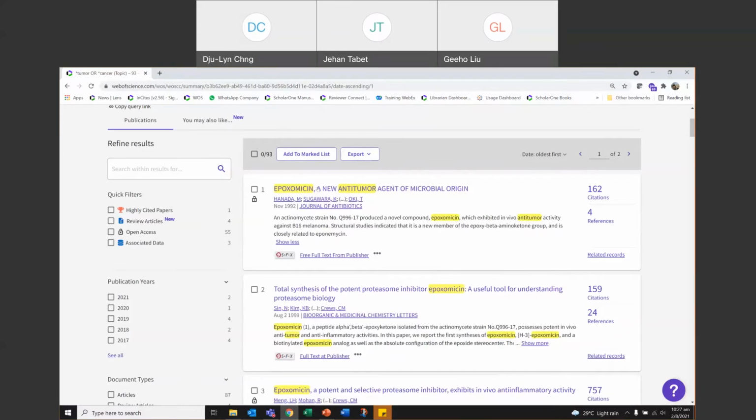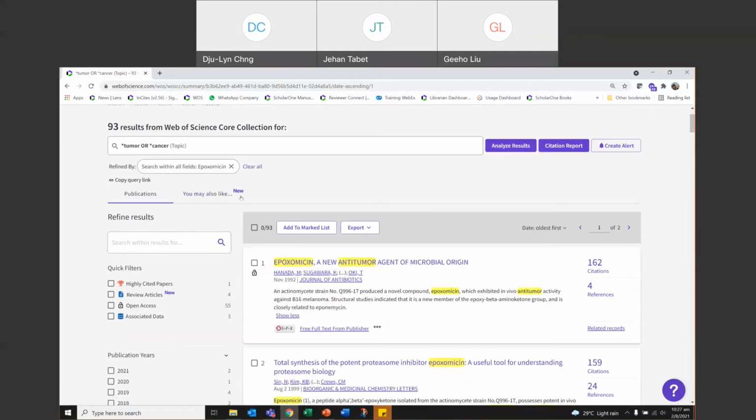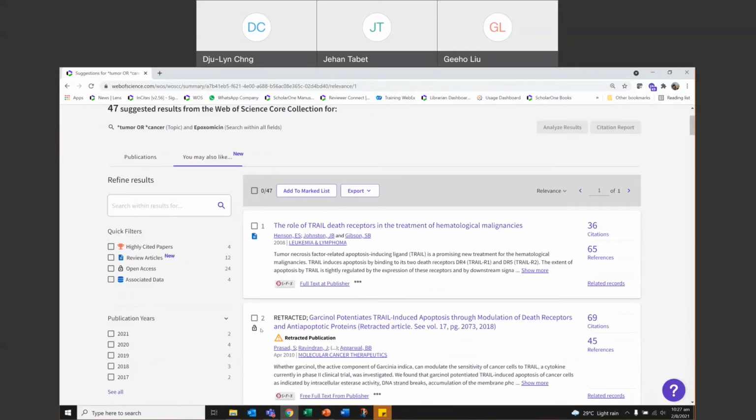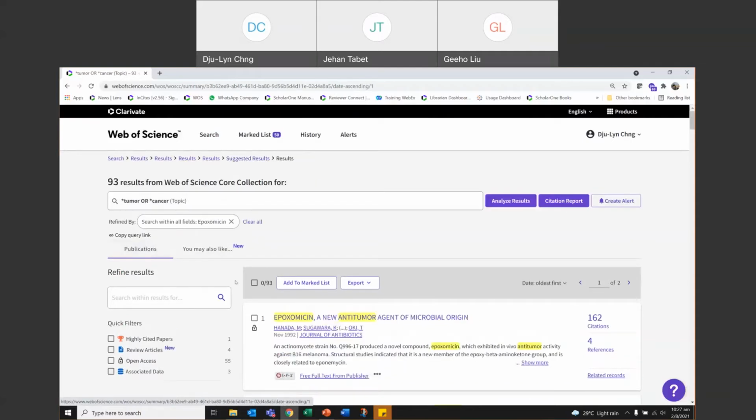If this is the paper that you want to start looking at, just click through to this particular record. But before I go there, let me just show you this. "You may also like" is the new recommended set of documents that we have included. Based on your search on tumor, cancer, epoximycin, we have surfaced additional papers that you might be interested in, but may not have that particular keyword that you were just searching for. So just going back to publications again. From here, you can see